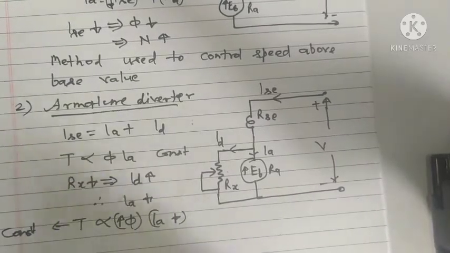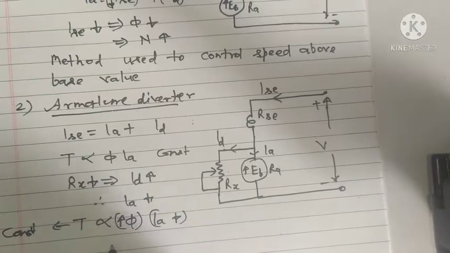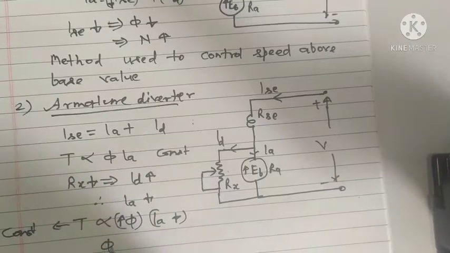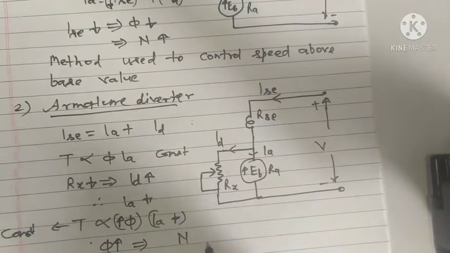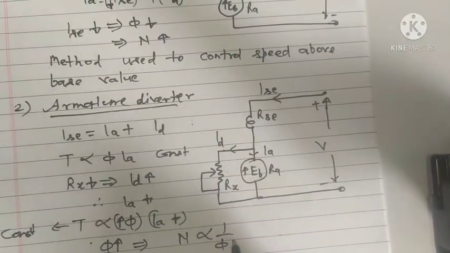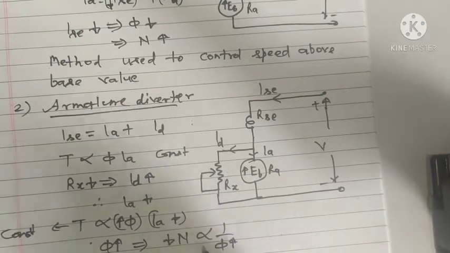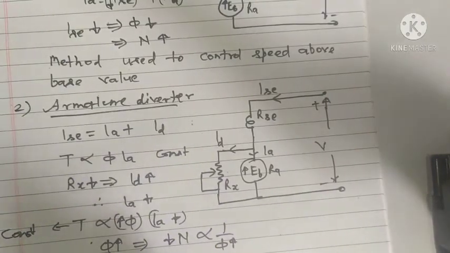So flux increases, that means speed, which is inversely proportional to flux, will decrease. So speed decreases,